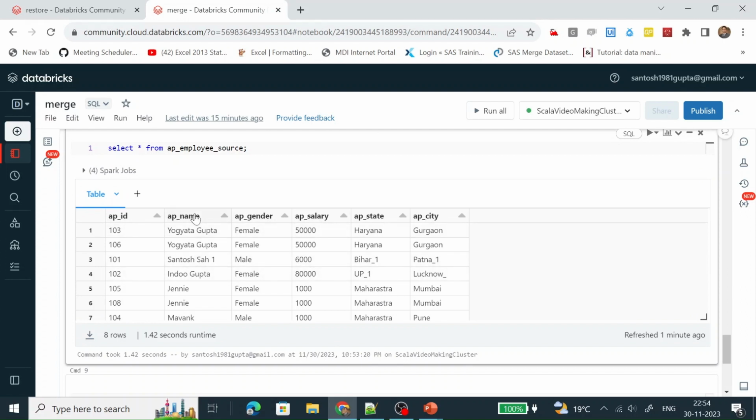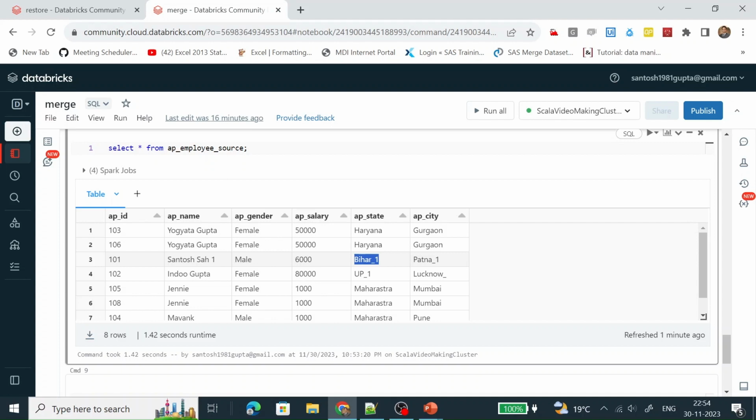So if it is matched with the AP ID in the source table as well as in the target table, all the data which is present in the target table has been updated into the source table like this. So we have seen in this video how we can merge 2 tables based on a particular column.